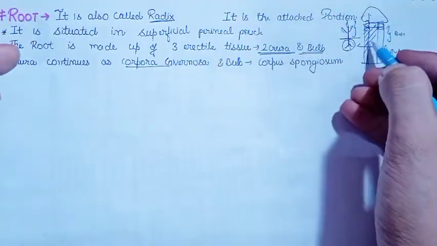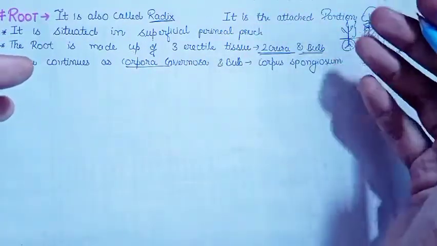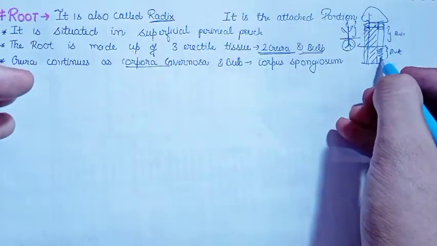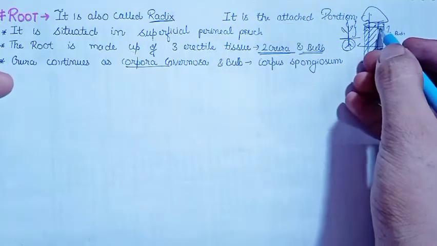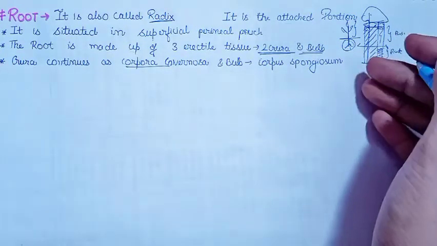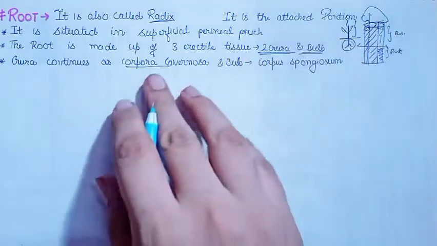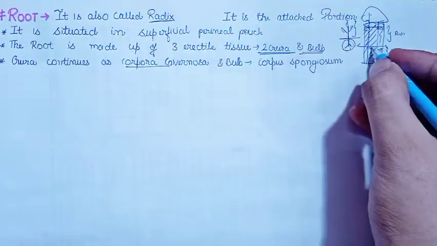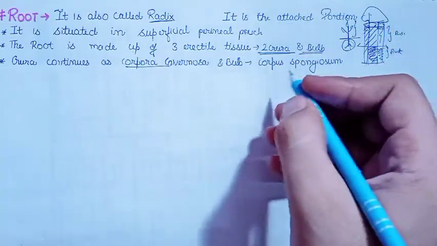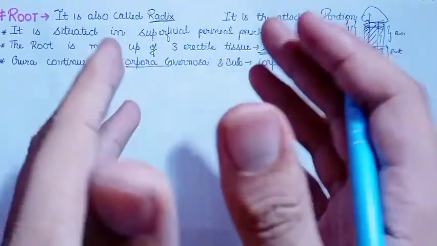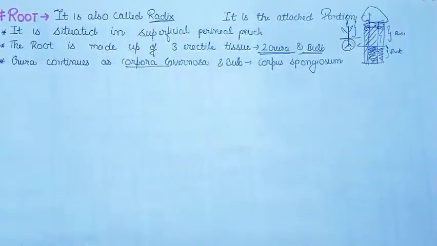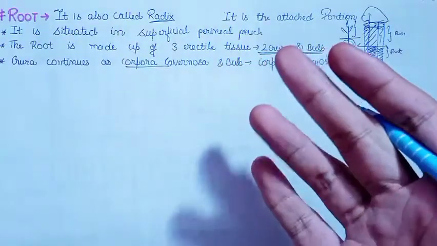So the central portion is the bulb of the penis, which is longer, and the two smaller crura are present on each side. The crura are called the corpora cavernosa in the body part. The same rod which was called the crura in the root is called the corpora cavernosa as it continues in the body part, and the bulb, the central part of the root, continues as the corpus spongiosum. Where it is exactly located, we'll discuss in the video on the transverse section of the body of the penis, in which we'll also discuss the coverings.